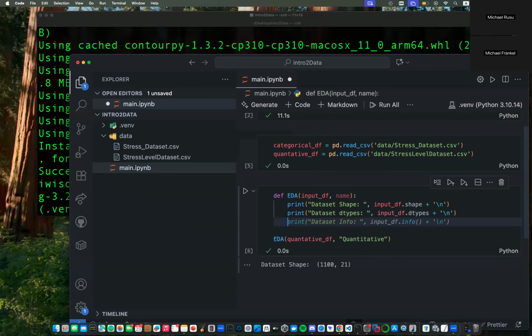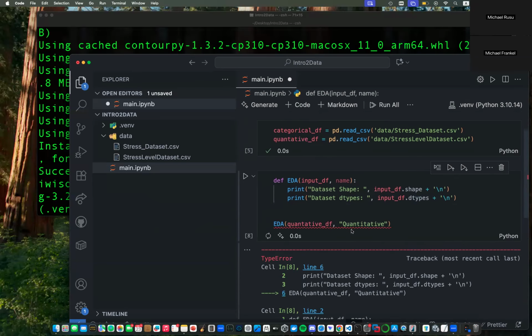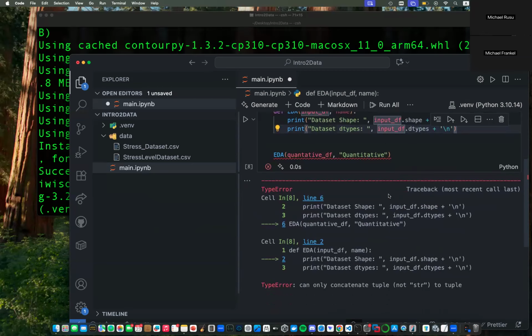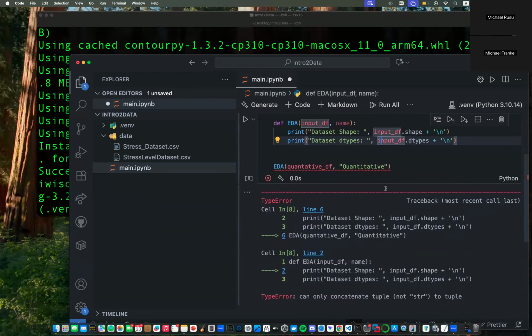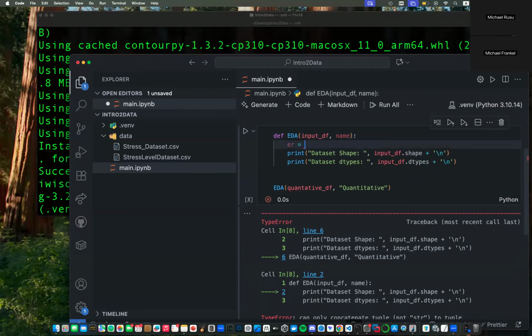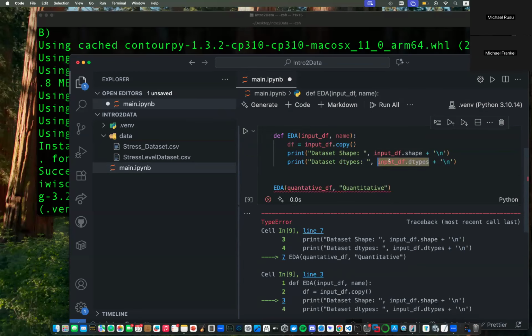So this will show us right here. I'm going to do this one by one. Good practice is to say df is equal to, and we're going to copy this data frame. df.copy. And this will pretty much show that, let's see here, dtypes.